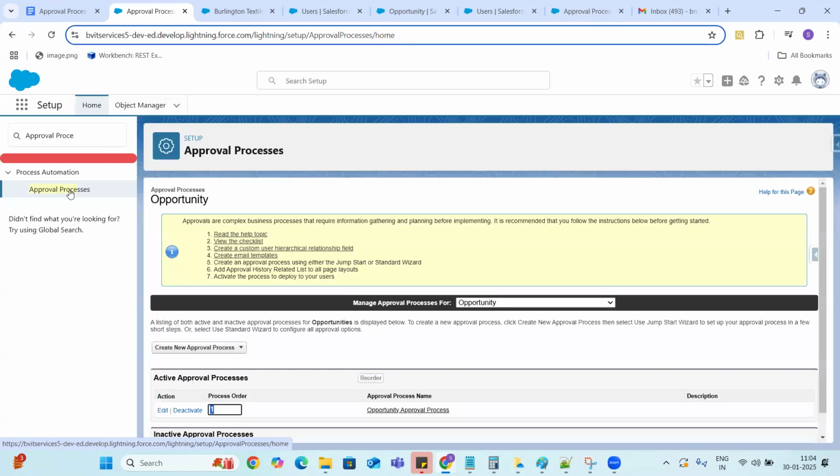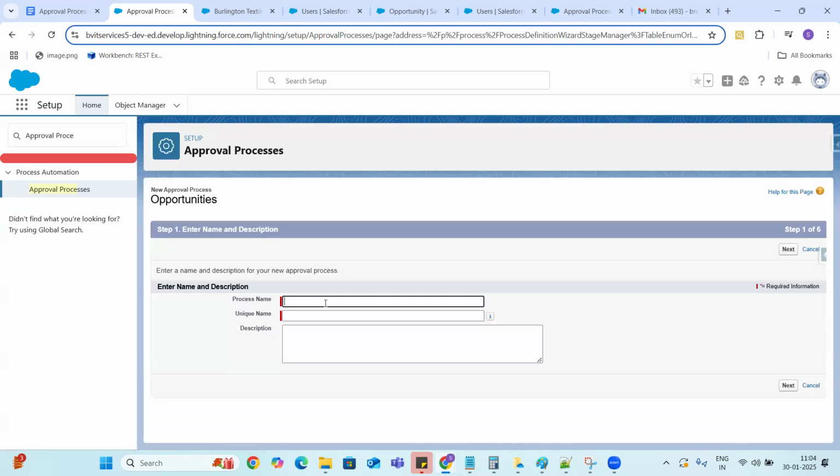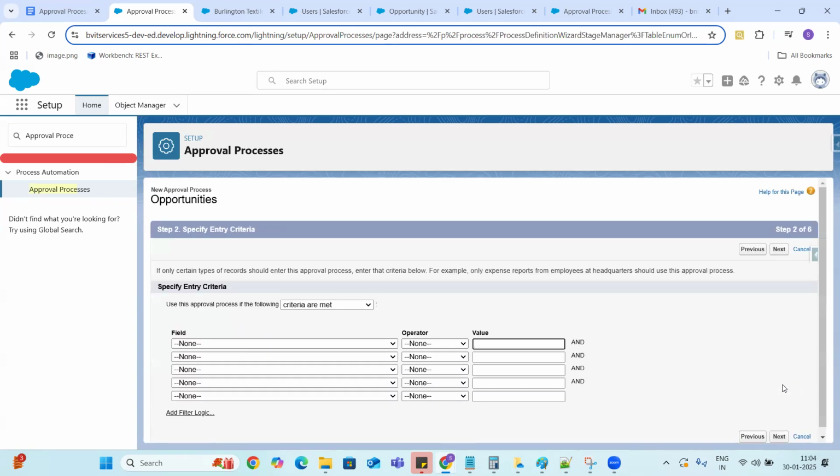If you try to create another approval process using the setup wizard, it's exactly the same, guys, but you have to set up your actions and everything.